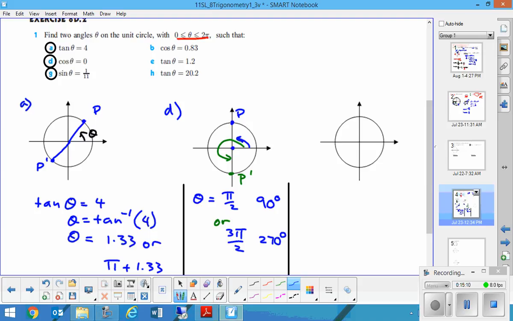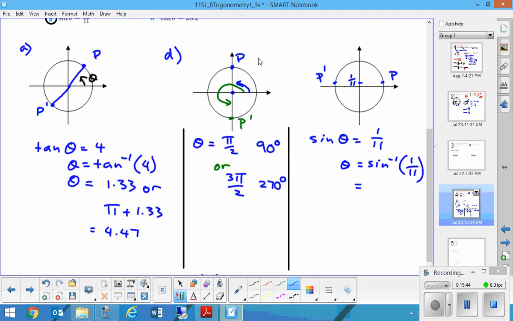Sine theta equals 1 on 11. So then that's our y coordinate. Where is it positive? It's 1 on 11, which means it's quite low. Here's our point. The same, so that's 1 on 11. It means it could have also been in the second quadrant. So sine theta is 1 on 11. Theta is inverse sine of 1 on 11, which equals, so I'm just going to work in radians,